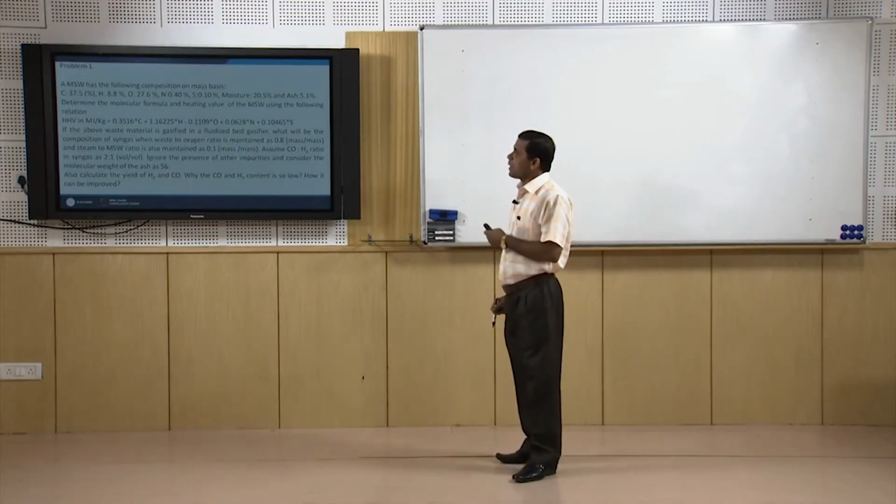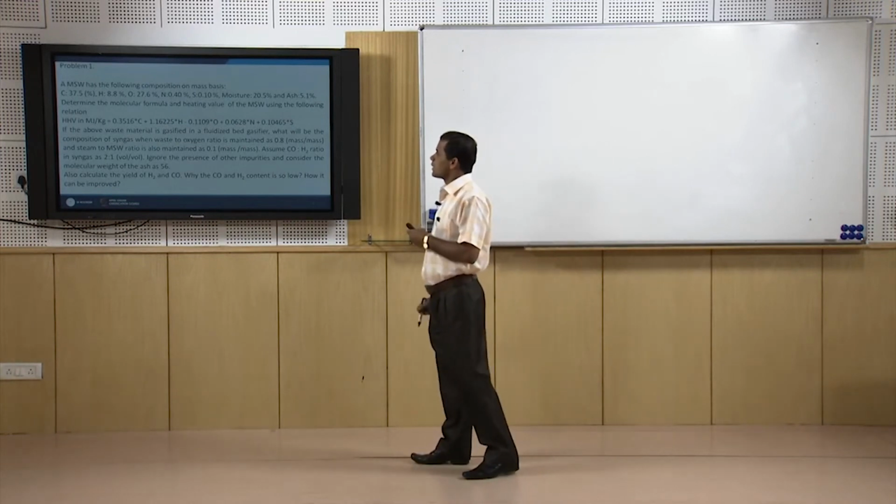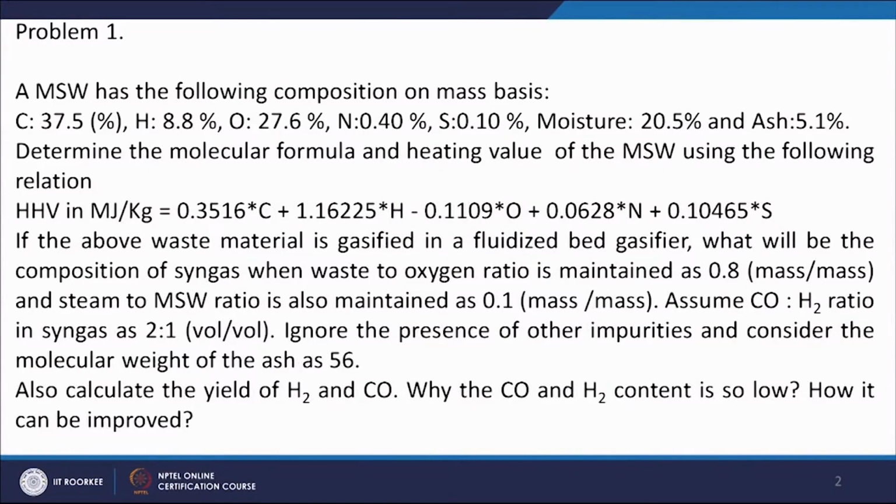The statement of the first problem is: an MSW has the following composition on mass basis: C 37.5%, H 8.8%, O 27.6%, N 0.40%, S 0.10%, moisture 20.5% and ash 5.1%. Determine the molecular formula and heating value of the MSW using the following relation, that HHV